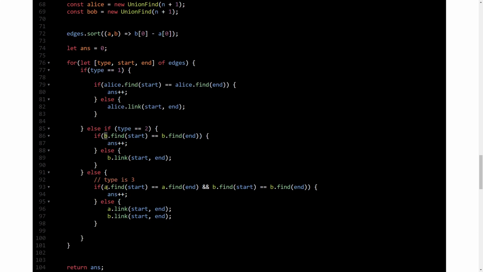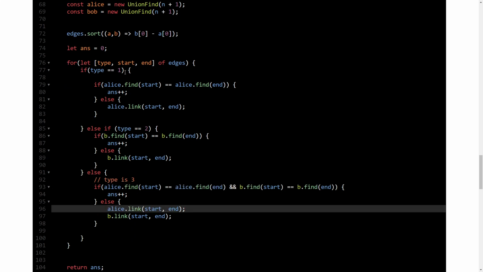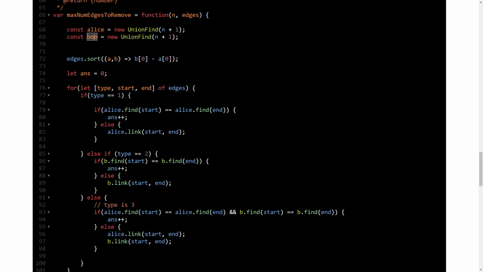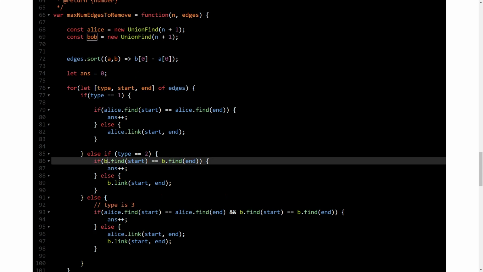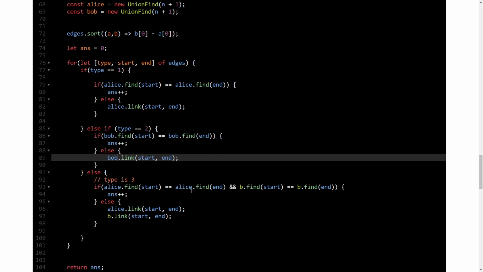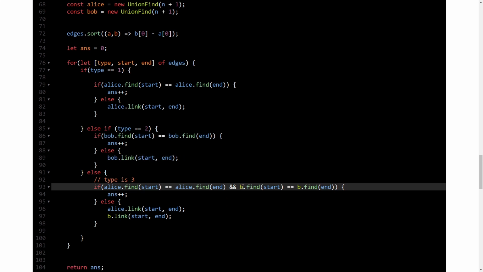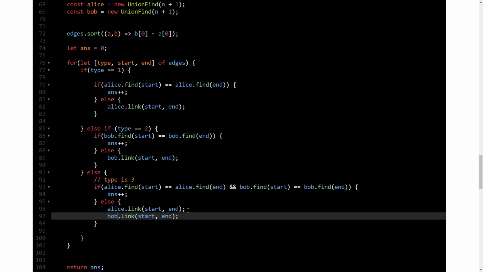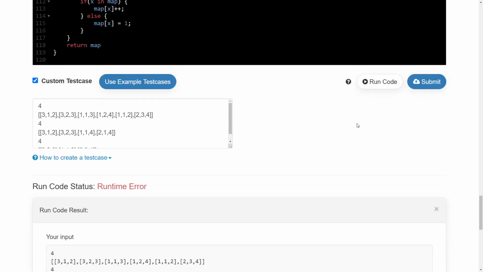The easy way was to just rename these two to A and B, but I wanted this to be a little bit more readable. Right, so when we were talking about A and B, those were Alice and Bob. We'll try to run it once more.